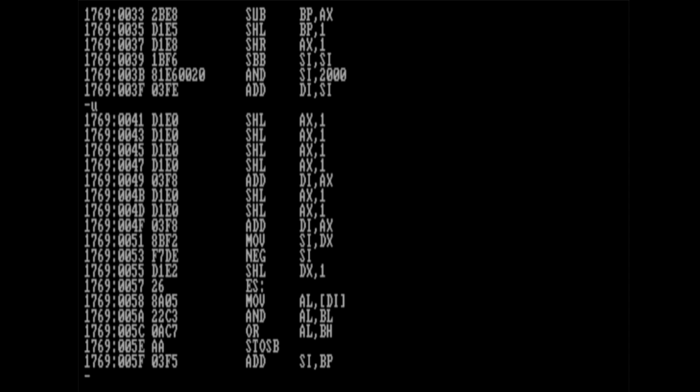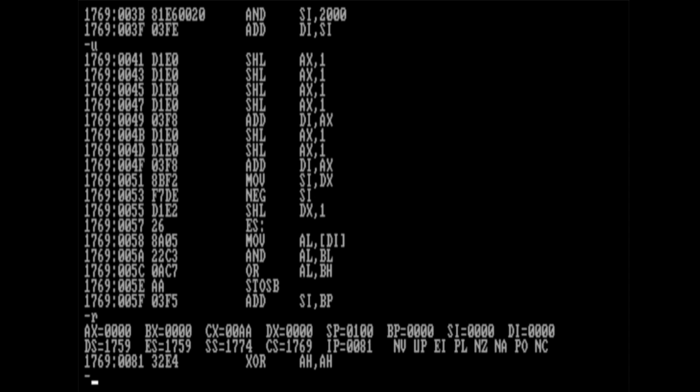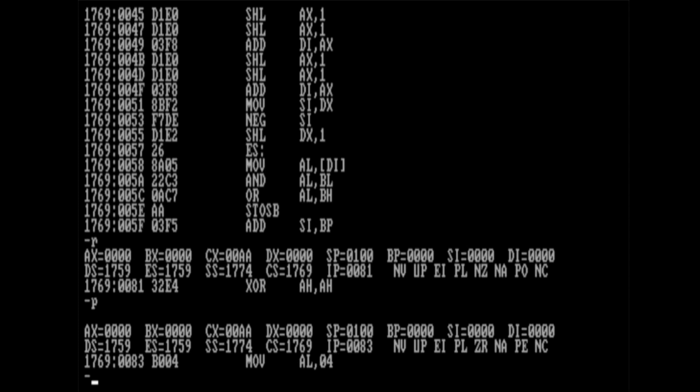So we put 0 into AH. The first instruction in our program was to XOR the AH register with itself. That was the first instruction at that address 81. So let's run this, and the way we do that is using the proceed command. It'll put 0 into AH, and the next instruction is to put 4, the BIOS mode, the CGA graphics